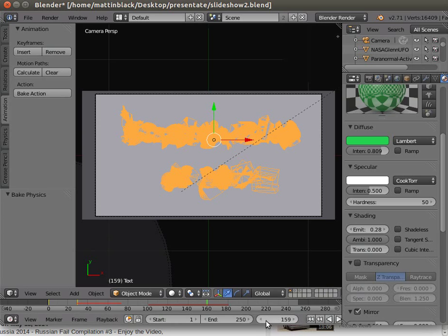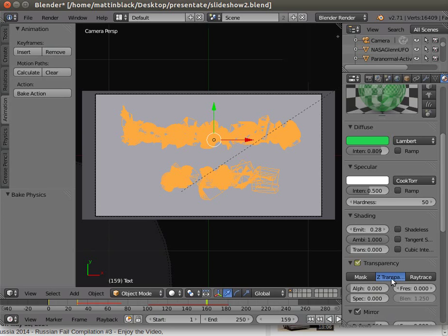So at 158, I'm going to hover my mouse over there, I'm going to hit the I key, which means no transparency. Then at 159, I tick it and hit the I key,